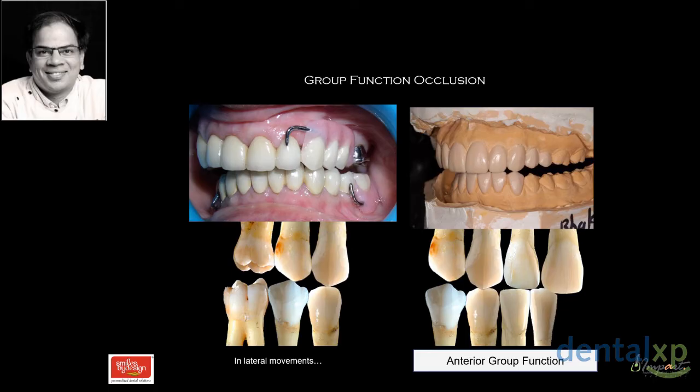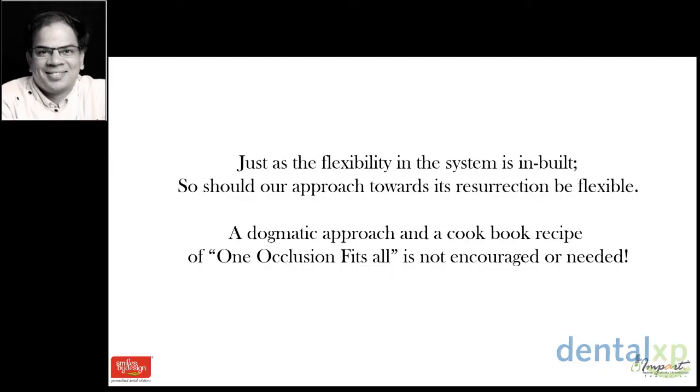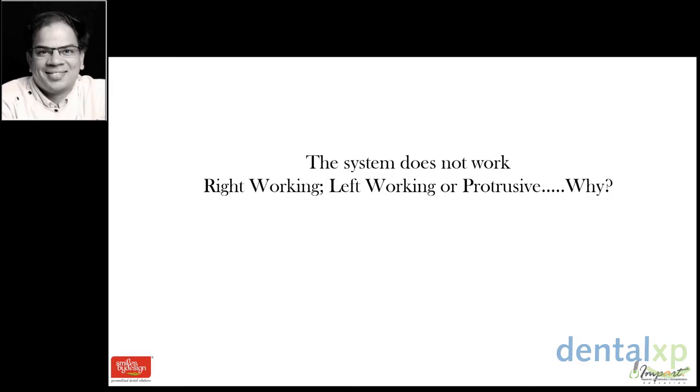But the problem here is that human beings do not chew like this. You don't go into MIP first and then into right and left lateral excursion to chew food. For you to be able to treat well, you will have to be a little flexible in your thought process, and that's why I want you to be a little open-minded in your occlusion rendition for the patient, because one occlusion does not fit all. And any philosophy that tells you that only this occlusion has to be given to this particular brand of humanity that we are working with, it doesn't work. We have to have a greater leeway in the system, because human beings are the most adaptable race on the planet Earth.